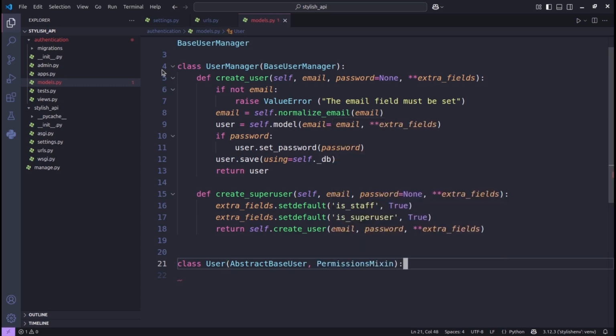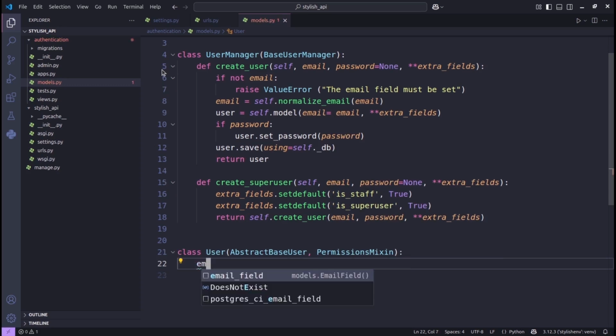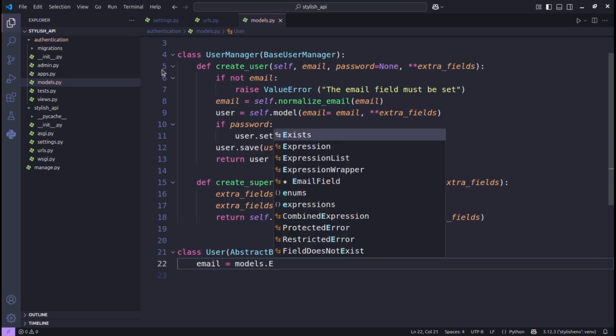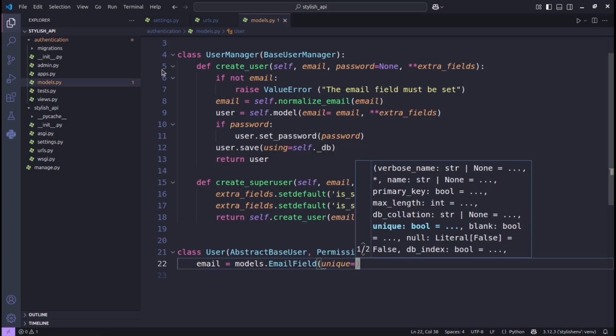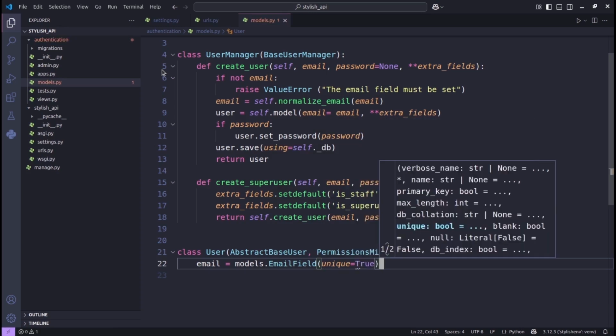So we're gonna define this field that will be there. Email is equal to models.EmailField. User email. So unique, yes, it must be unique, this one, because we're gonna use it to be the unique. Then we have username